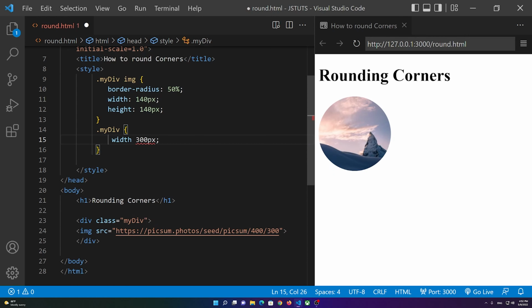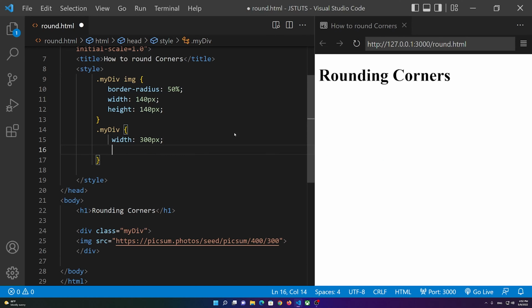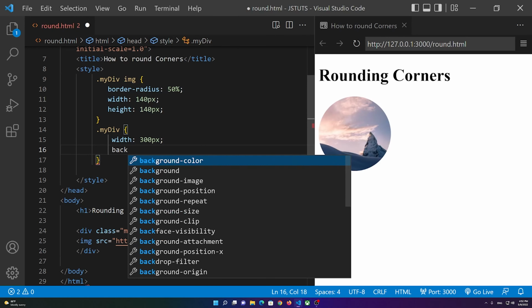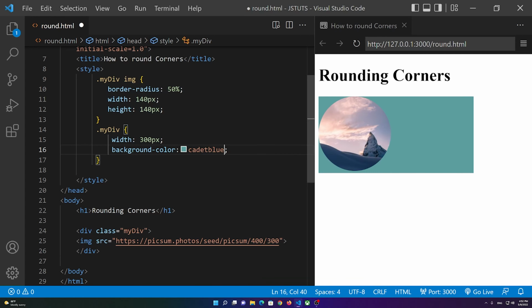So as you notice, you will not see it. So, oops, what happened to my colon? Alright, so width, colon, 300 pixels. And then let me add a background color just so you can see what's going on in the background. So you see that the background has been changed,